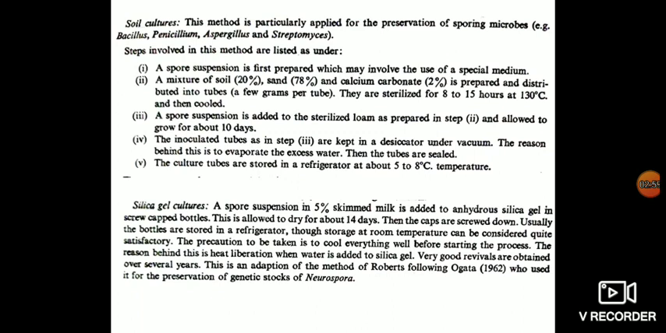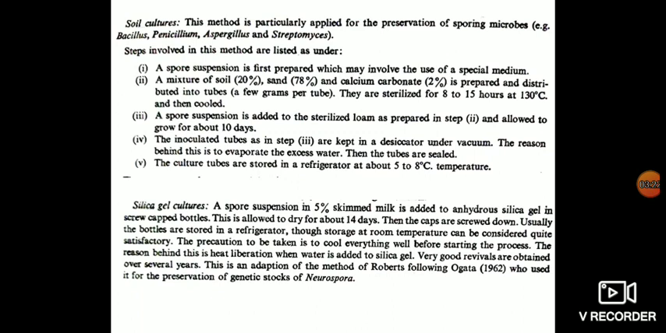The inoculated tubes prepared in the previous step are kept in a desiccator under a vacuum. The reason is to evaporate the excess water. The tubes are sealed because we need to recover the organism after the growth. We allow the microorganism to grow for 10 days, and then we put the soil containing the media